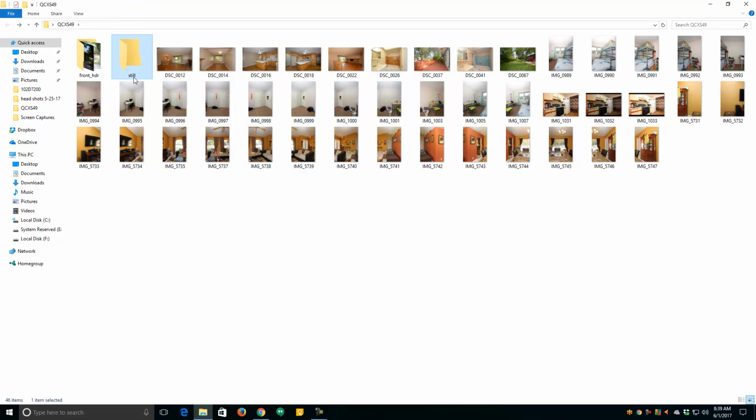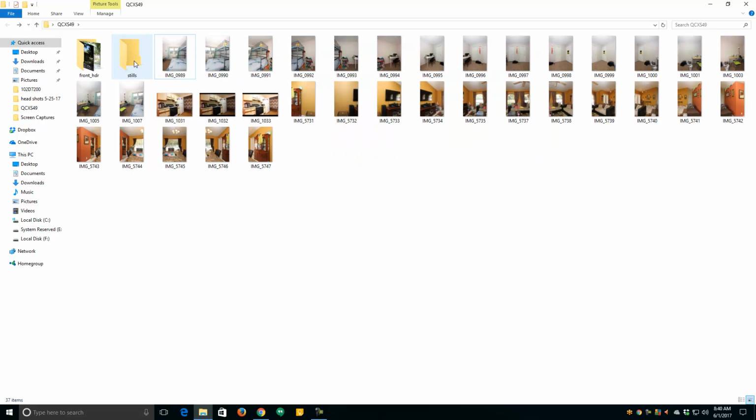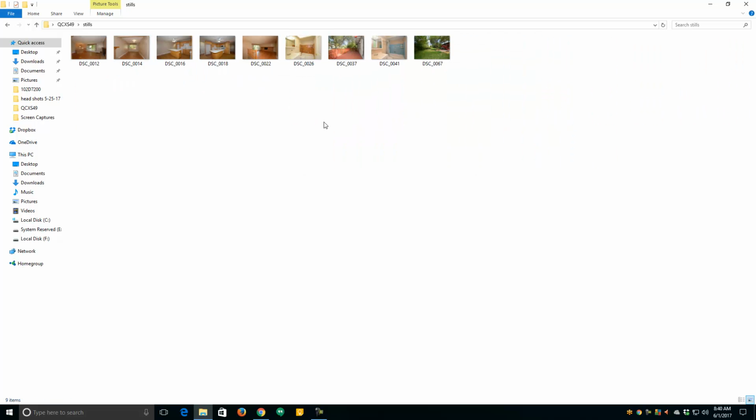Now this folder, it must be named stills. Do you see that I named it still? I've got to correct that and name it stills, S-T-I-L-L-S. If you named it still, this process would not work. Like I said, it has to be precise. So I'm going to grab my still images now and put them into the stills folder, just like that. Now we've got our still images in there,